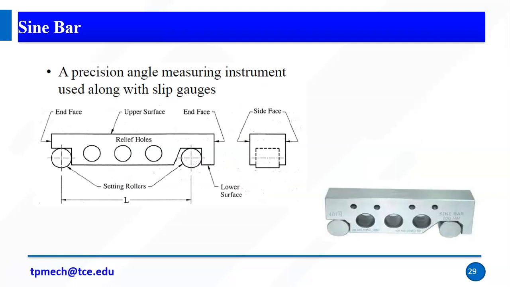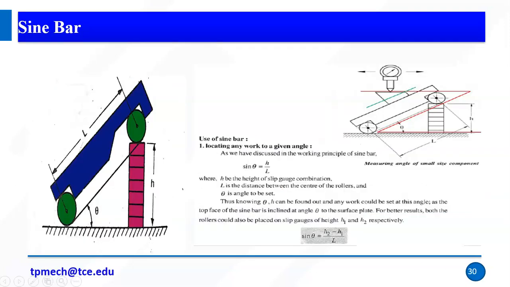Okay, a precision angle measuring instrument, it is also used with slip gauges. Generally we measure using slip gauges, right? So this is the industrial representation of the sine bar, right? Again, the principle is very simple. If you want to increase, we keep adding slip gauges under one roller, then the h will increase, and we know the value L, the length of the sine bar. So L is known, h is known. On top of the sine bar I place my object, set the dial gauge to 0, and if there is no deviation, then this h is cut, which means I know the h value and L value, and I can easily calculate theta.